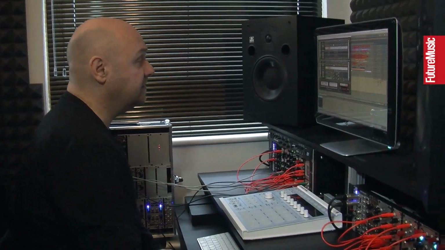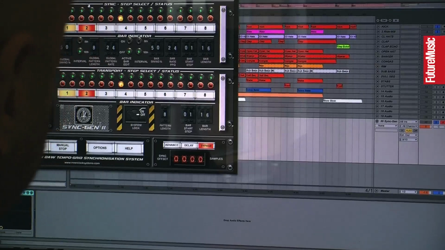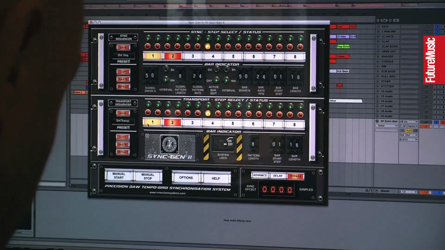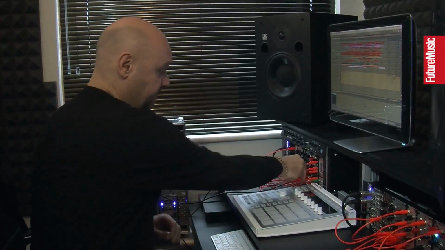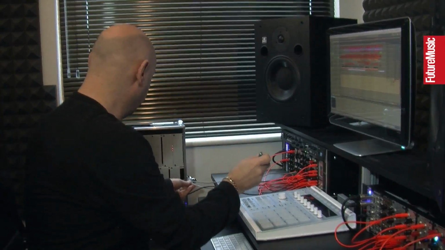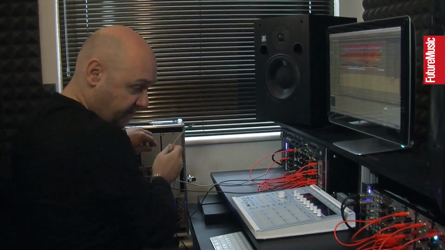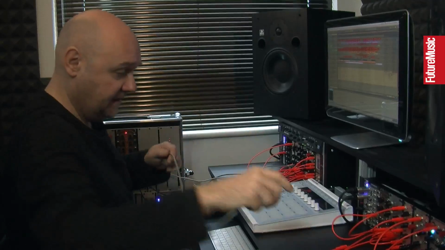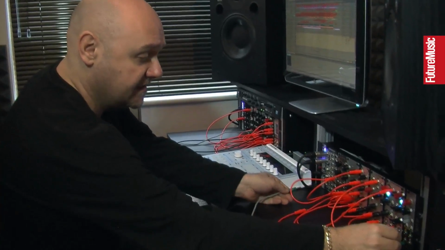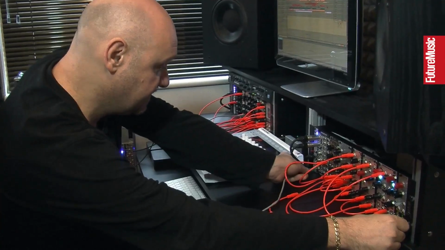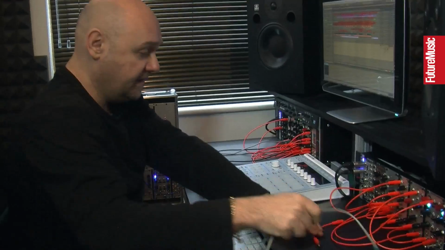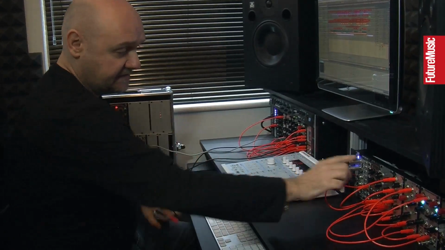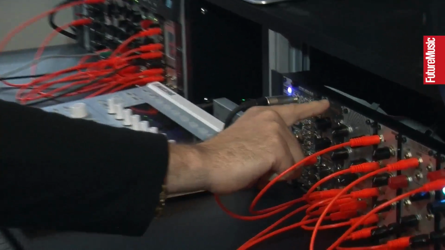This is the sync gen software here, and you've got a software based song builder and sequencer that you can get into as well, but I just use it quite basically as a regular clock. What I do with the clock is I take regular, I think it's either 8th notes or 16th notes, can't remember exactly which, and I send it to this strange module here, this